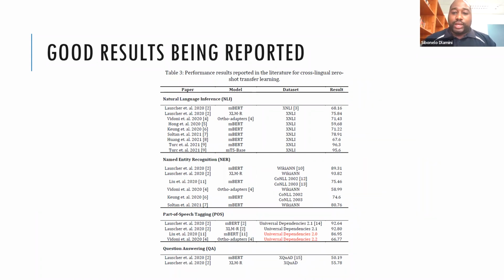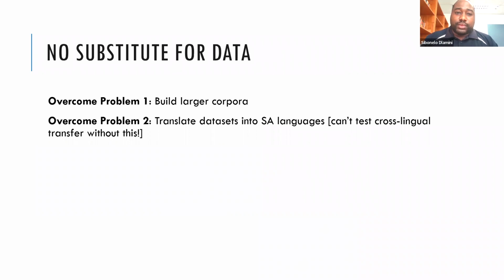I mean, if you're getting 93.82% accuracy with zero-shot transfer, meaning that you've done no fine-tuning in the target languages at all, then that definitely is a promising result. But I do want to reiterate that there is no substitute for solving the two problems that are faced. Yes, there's some promise with the multilingual transformer models, but